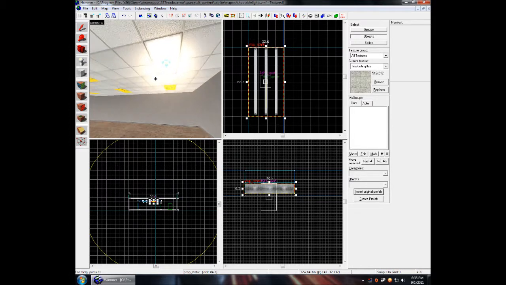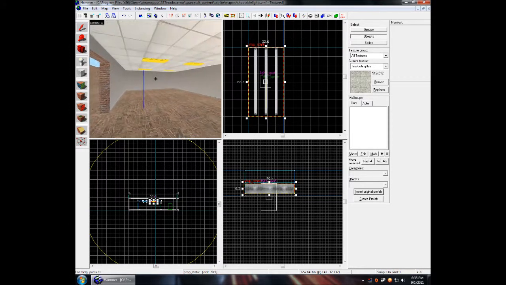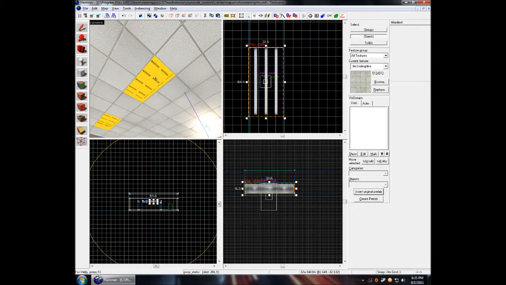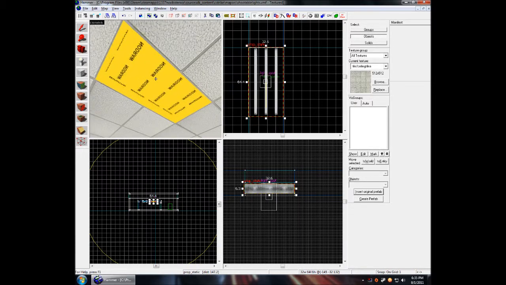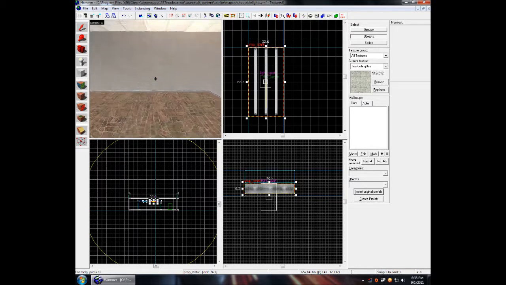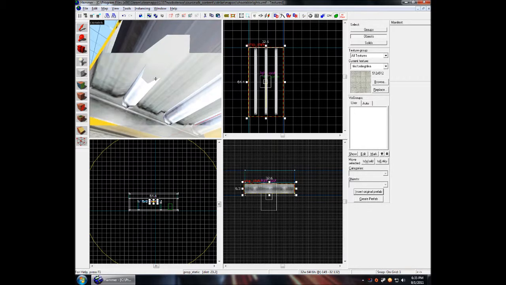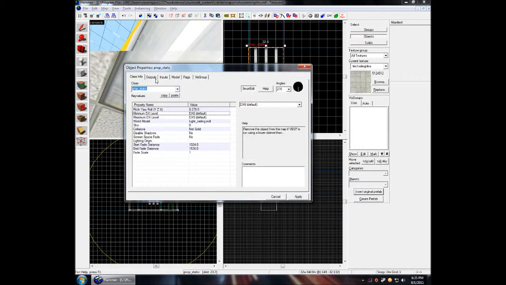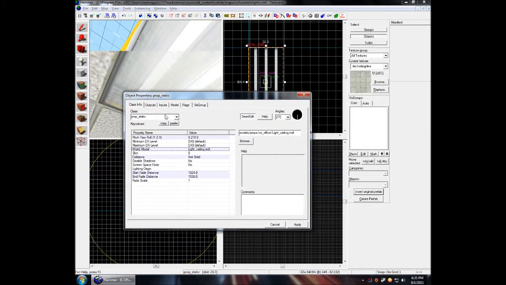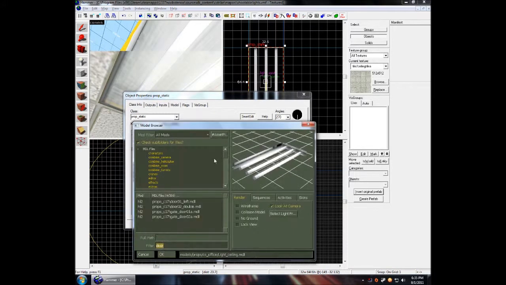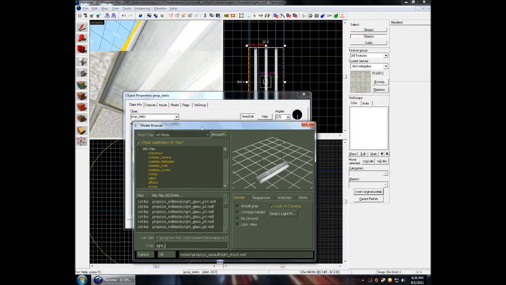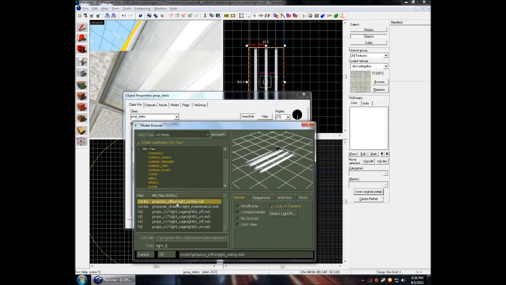So to get things started, you'll need the normal lighting setup with the inset with the no draw textures, and then inside of the inset in the ceiling just put up the ceiling light prop. The world model is just light ceiling. Just make a prop static entity and click browse. When you bring up the browser, just type in light underscore ceiling, and it's the office one right there,